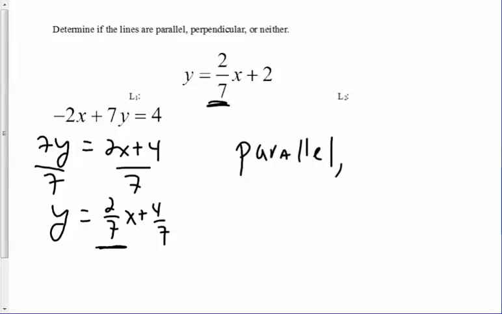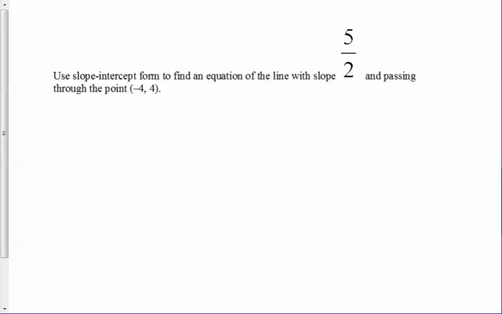Question is, what would they be if they were perpendicular? Yep, they'd be negative 7 over 2. Okay. Use the slope-intercept form to find the equation of a line with slope 5 over 2 passing through the point